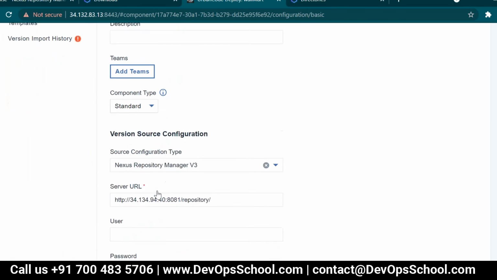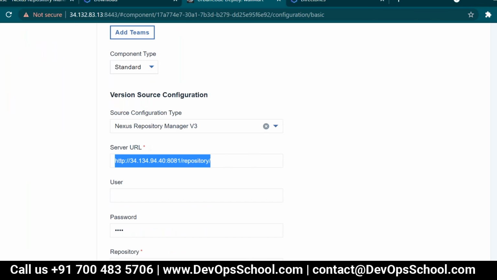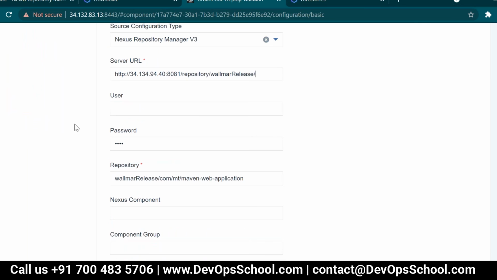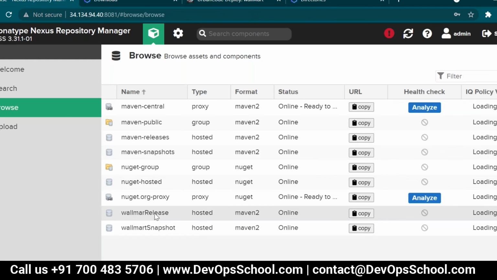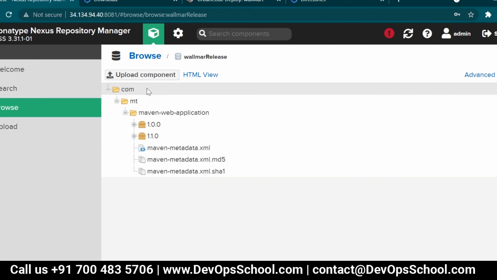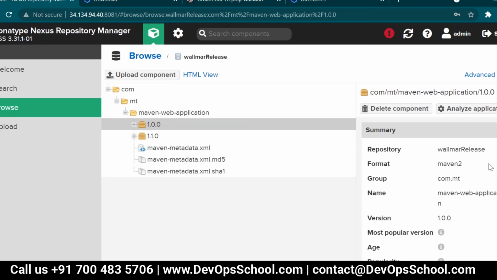I'm successfully able to. Admin12345. It is Maven 2.